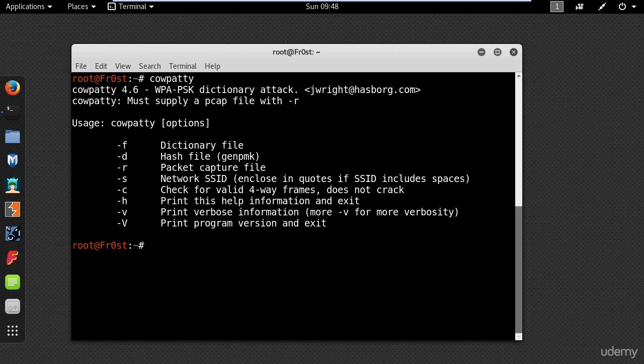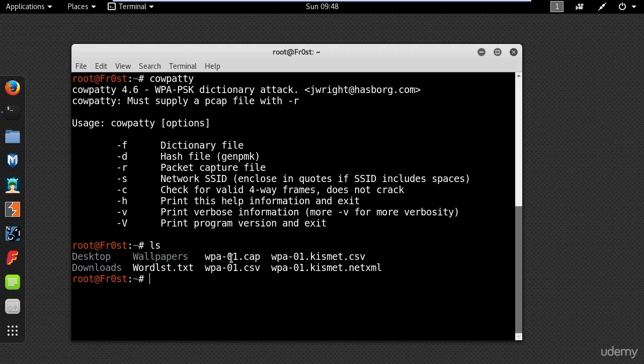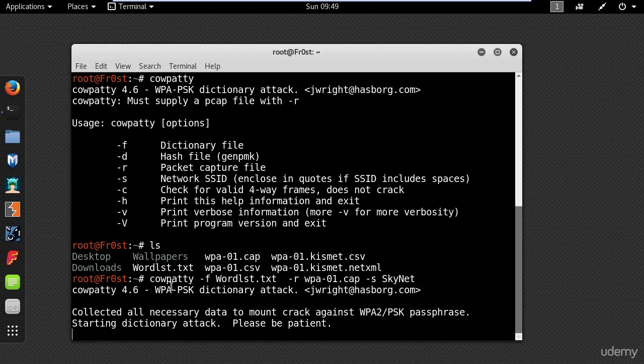And here you can see different options. First of all, make sure you have a capture file with the 4-way handshake and the word list to start the cracking process. So I will first show you how you can do the attack with a dictionary file, the same way I did with aircrack. So go ahead and type cowpatty -f and your dictionary file, and -r for the packet capture file, and then -s